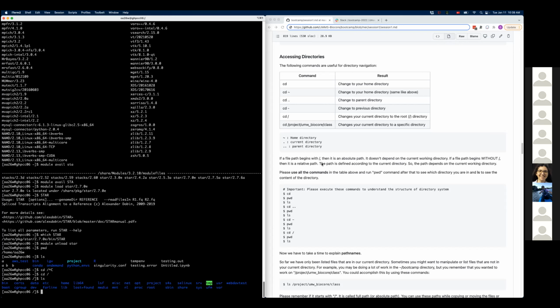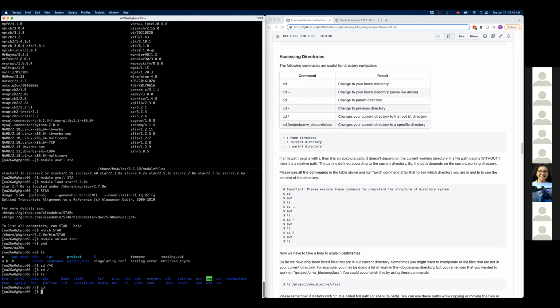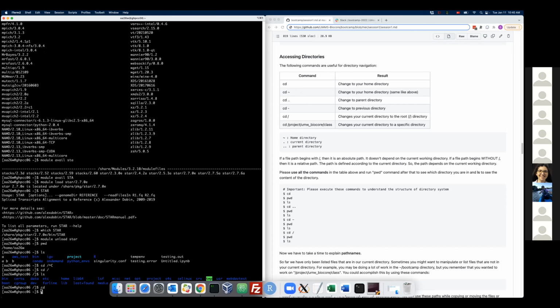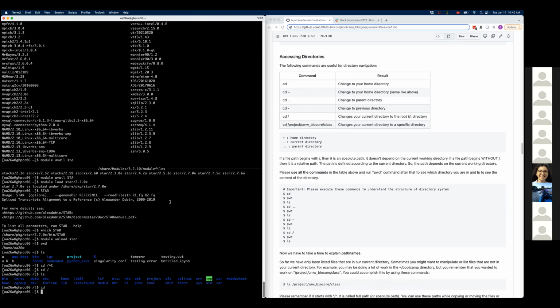There are some nice shortcuts that are employed by the cd command. So if you use cd without any arguments, it's going to bring you back to your home directory. And cd tilde is going to also bring you to your home directory, right? So tilde is short for your home directory.